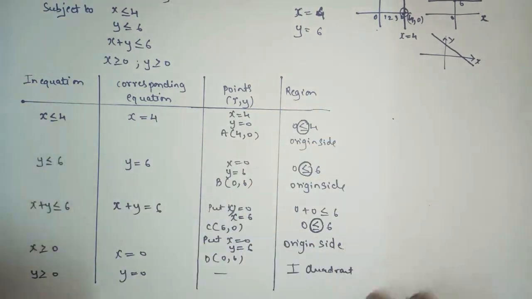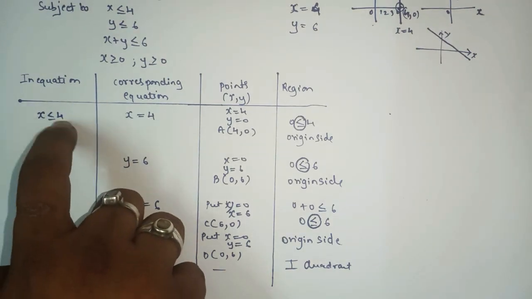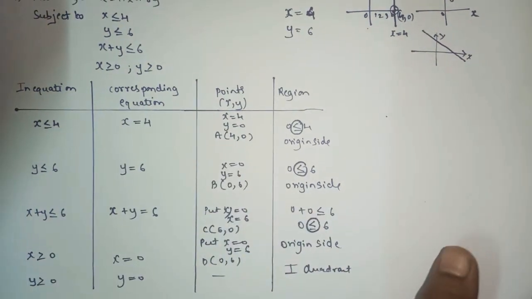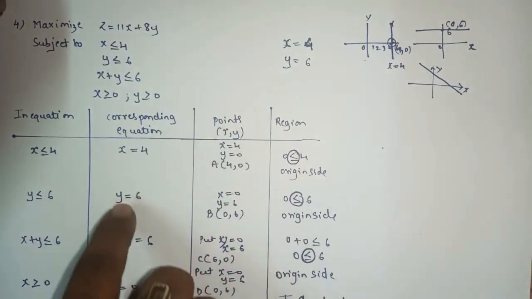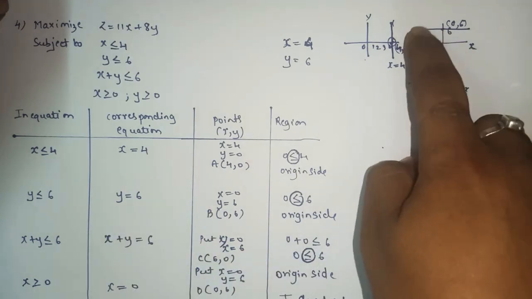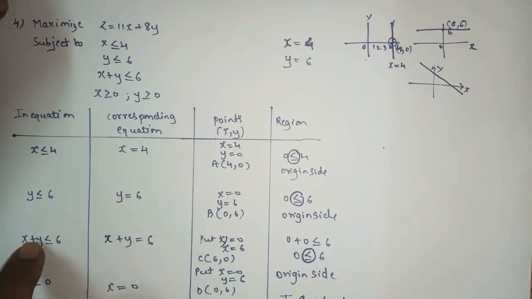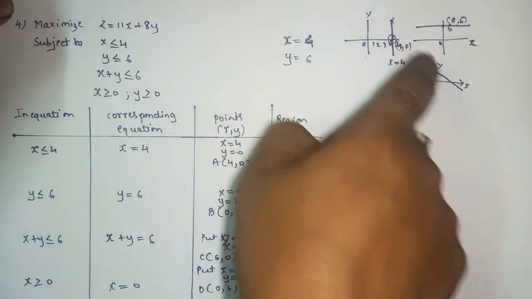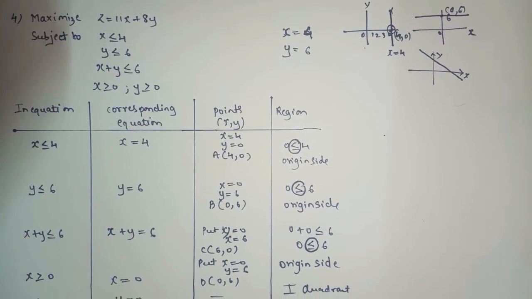So we are done with the first part, that is the construction part, how to construct the table. I hope you all understood. Okay, remember this, whenever you have a linear equation in one variable, it means what? If you have the value of x, it will pass through x, but it will be parallel to y. Whenever you have the value of y, it will pass through y, but it will be parallel to x. So whenever you have a linear equation in two variables, the line will pass through both the axes x and y. Okay, so now we'll move on to the next part.